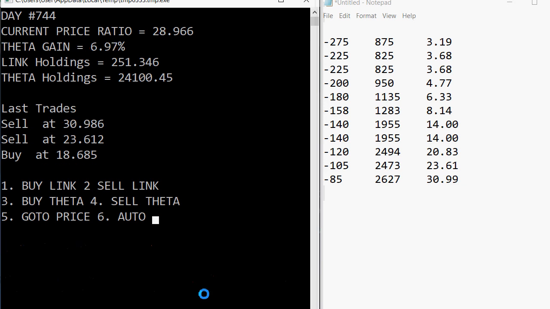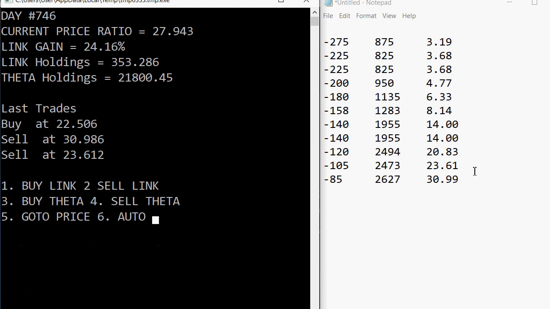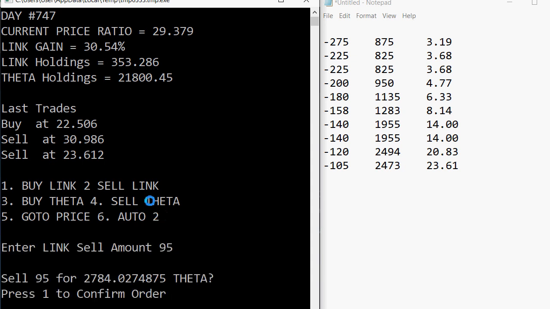I can still control the situation if Link gets out of control. Although Theta gains here. Oh, that was fast, just to click on it that way on the notepad. Okay, ChainLink with another gain. So let's sell 95 and